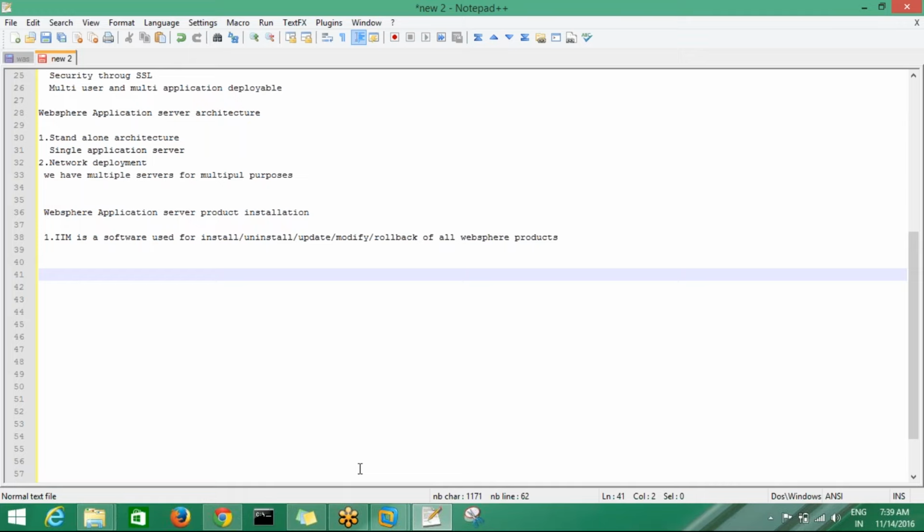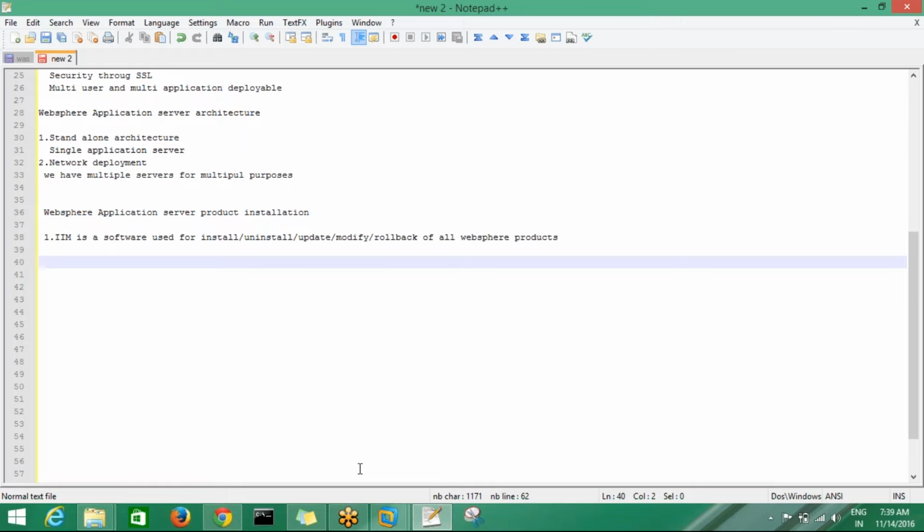So like this we have 6 products under WebSphere, and one of the products is WebSphere application server. So IIM is the software for all products. It is introduced in version 8 ND. Once we install IIM, we can install, uninstall, update, modify and roll back any product. After that we have to install the WebSphere application server product.